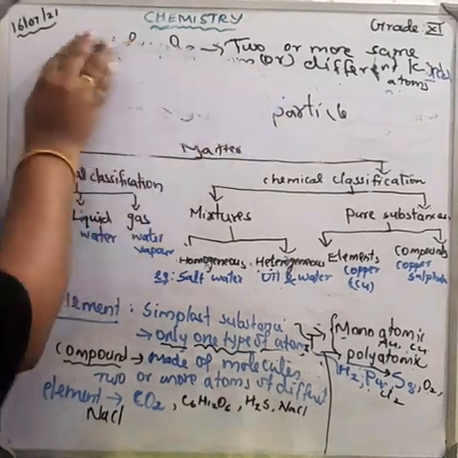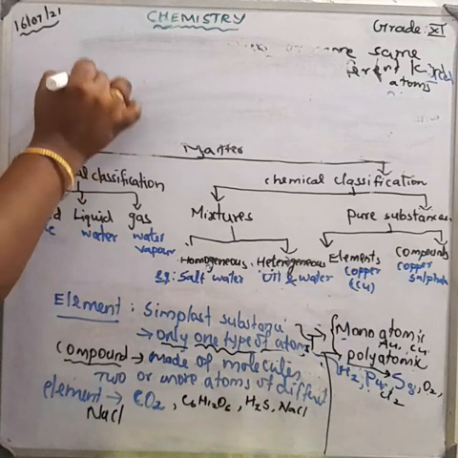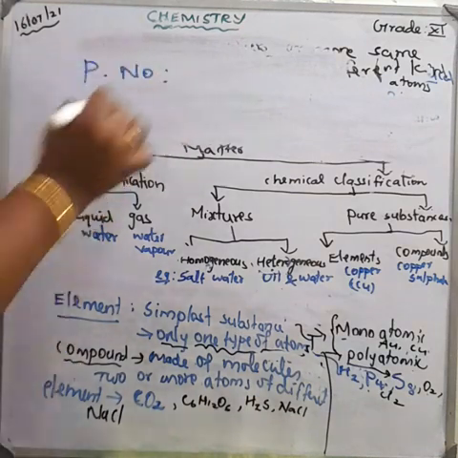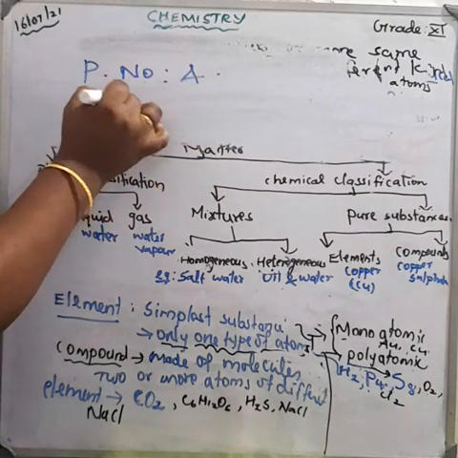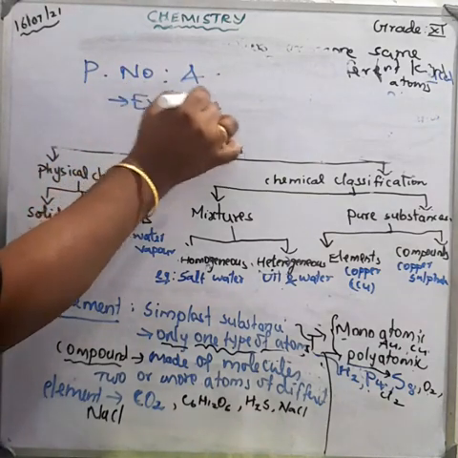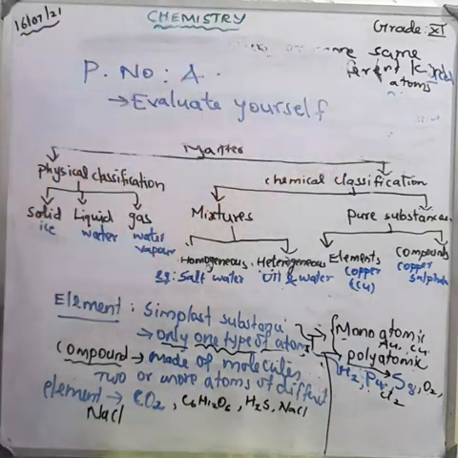Okay, try to write. The eight chemical substances are here: sugar, seawater, distilled water, carbon dioxide, copper wire, table salt, silver plate, naphthalene balls. Try to write whether each is an element, a compound, or a mixture. Okay, element, compound, or mixture, you have to write. And tomorrow we will study atomic mass and molecular mass.